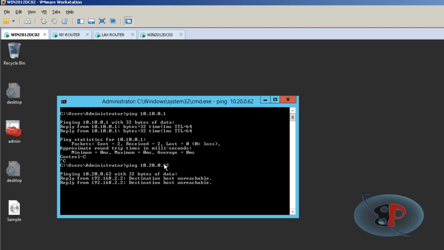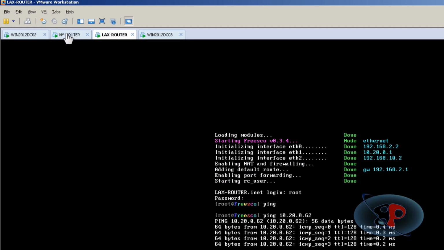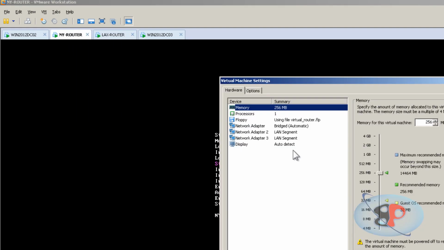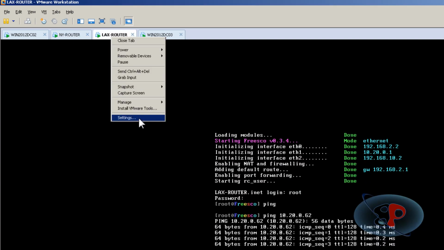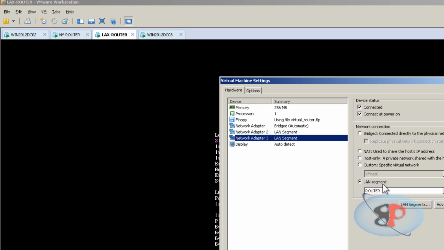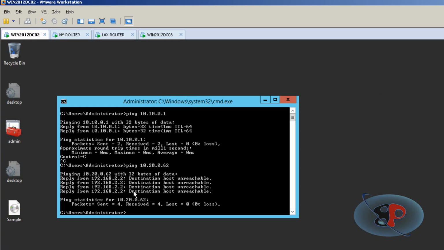Now let's try pinging the other server, which is 10.20.0.62. Oh, look at that. You're getting destination host unreachable. Well, we established two routers. We connected them using a link. You can see both these routers are connected on the same LAN segment, and they are assigned the IP addresses 192.168.10.1 and 10.2, but still it's not working, and you're getting a weird destination host unreachable from the IP address